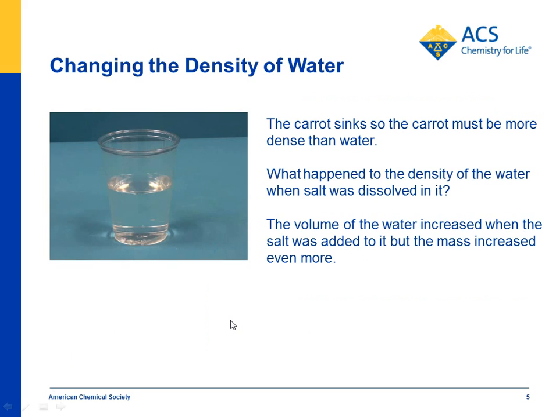We also do an activity in which you can change the density of the water by adding something to it. You can start off by asking kids whether a carrot is more or less dense than water and then showing them that it's more dense because it sinks. But is there any way we could get the carrot to float? We're not going to change the density of the carrot, but we could change the density of the water. And if we dissolve some salt in there, you can see that the carrot is starting slowly but surely to move up into the liquid.